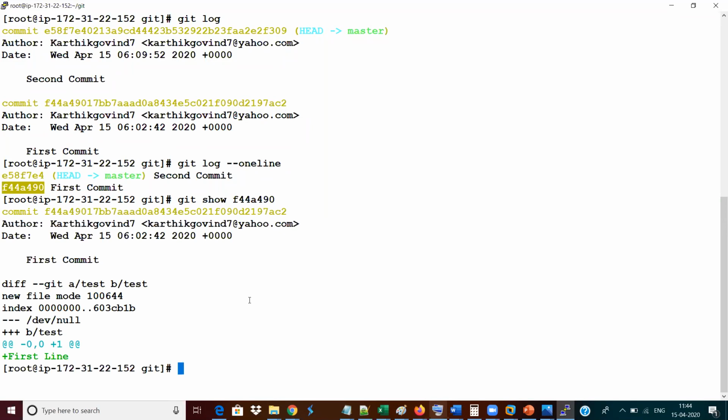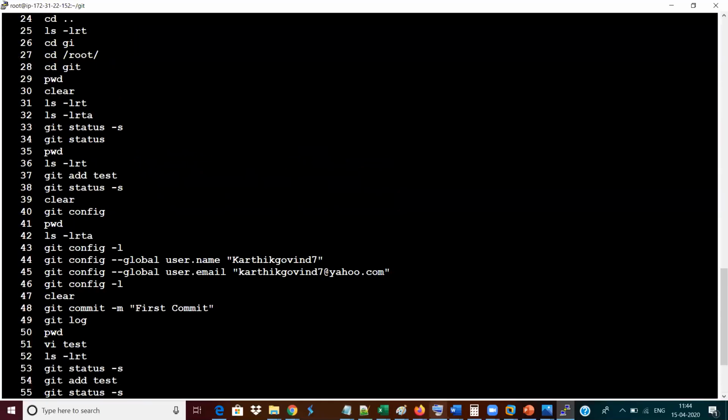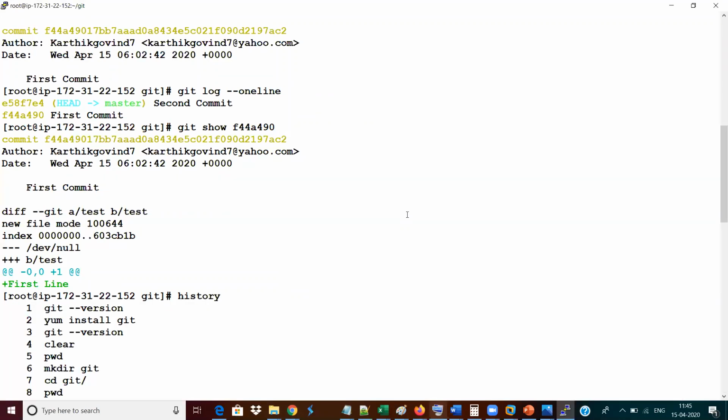I think I have shown you multiple commands. So let me copy all these commands and put them into the chat window, so you can copy and paste them into your notepad instantly. All these commands will be helpful for you, so that you will not forget them. I will give more commands later, and at that time you can add those commands here also.